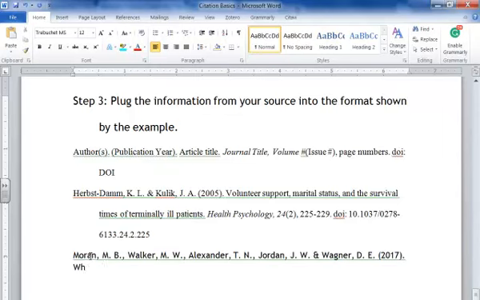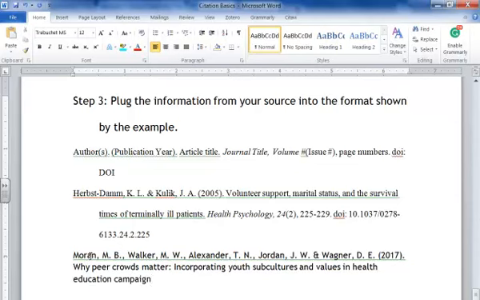Then, in parentheses, include the year of publication, which here is 2017. Type the full title next and end that with a period. Why Peer Crowds Matter: Incorporating Youth Subcultures and Values in Health Education Campaigns. Then, we need the name of the journal that published this article, and we're going to italicize this. The American Journal of Public Health,